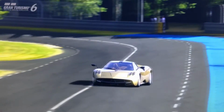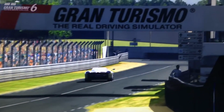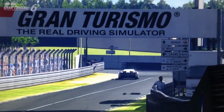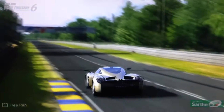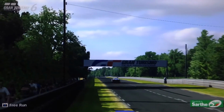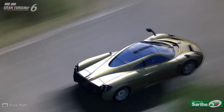The PP is slightly different on the two different models, this version being 693 PP. If I recall correctly, the slightly newer version, the 2013 model, is slightly higher, I believe, in its PP, 1 or 2 PP higher, but again, they pretty much break even in terms of actual performance. And both cars cost the same at 1.35 million credits, which in terms of what they're capable of is actually